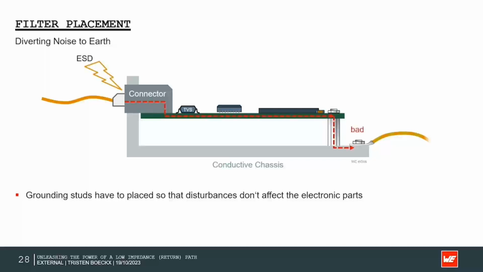In the first example, you can see that the current will flow like this, and this can introduce disturbances that affect the electronic parts. When we then place it shorter to the TVS, we can see that the return path of this ESD pulse is better because it doesn't disturb the PCB or the other electronic components on the